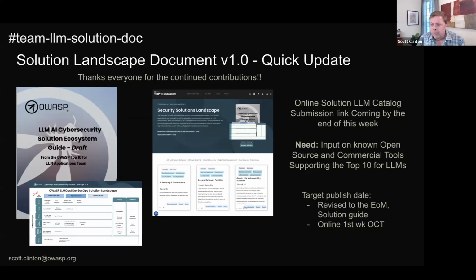So these things are connected at the end of the day, with the goal toward getting the online release out by the first week of October. So get everything updated. It won't be everything on there, but people will be able to request an add. There's a little button on there. You can request an add, and then you can add your tool in there, and we can validate whether it fits. So this will be an ongoing resource that will be available.